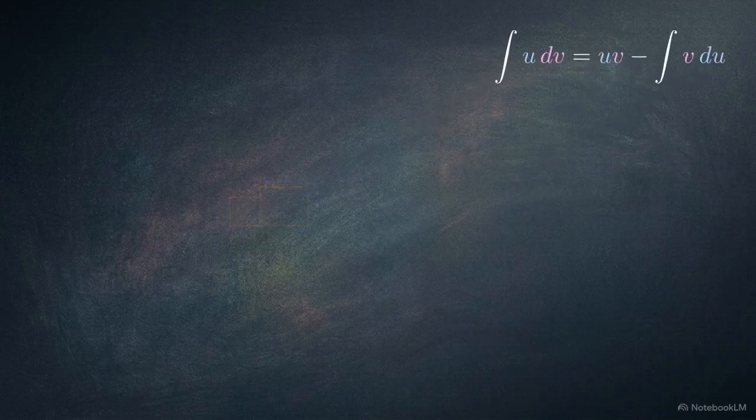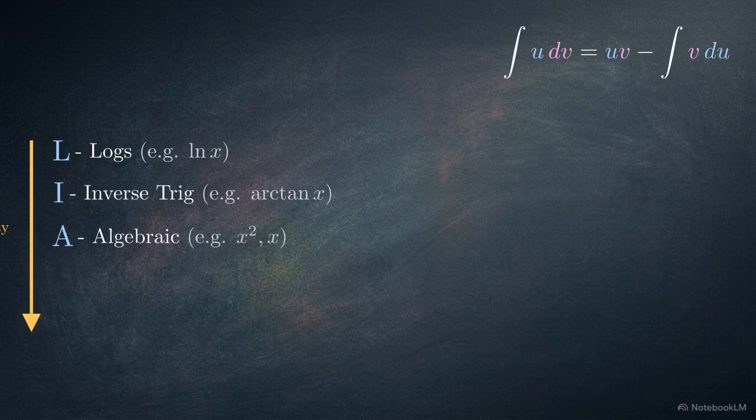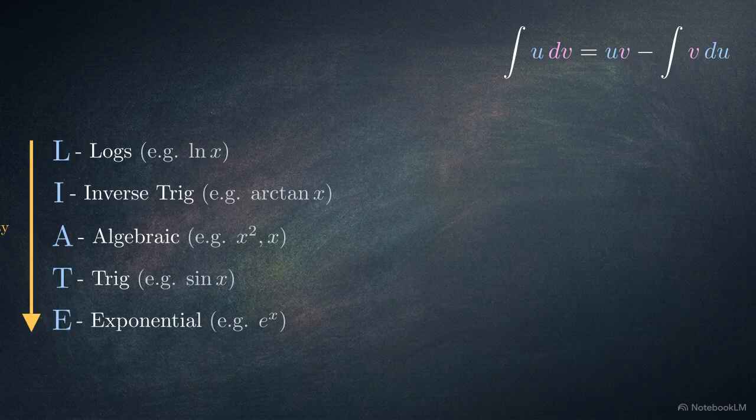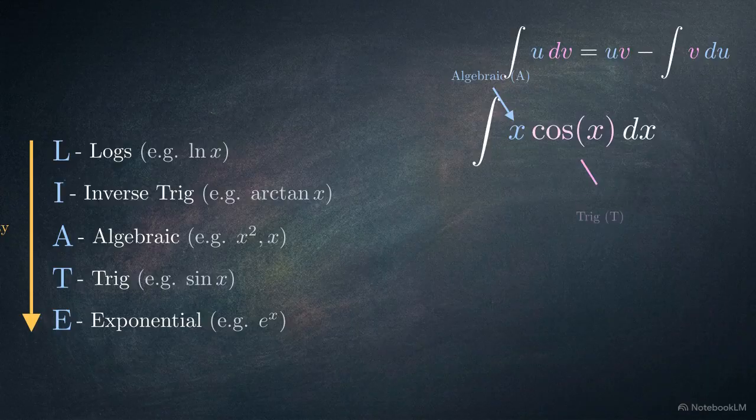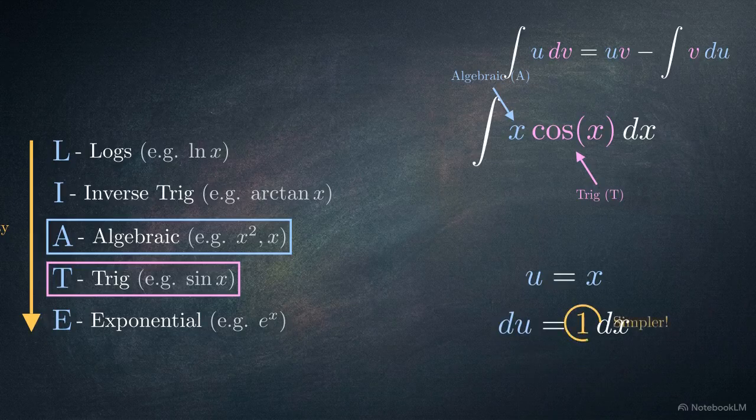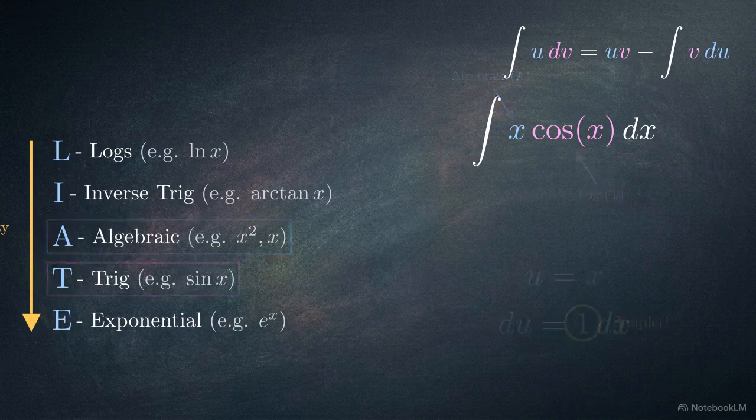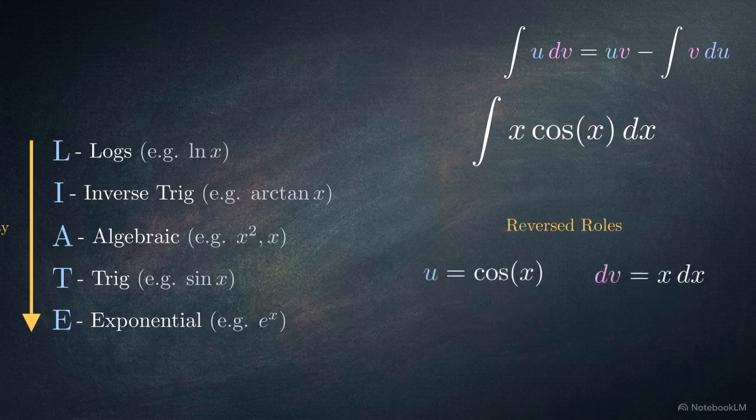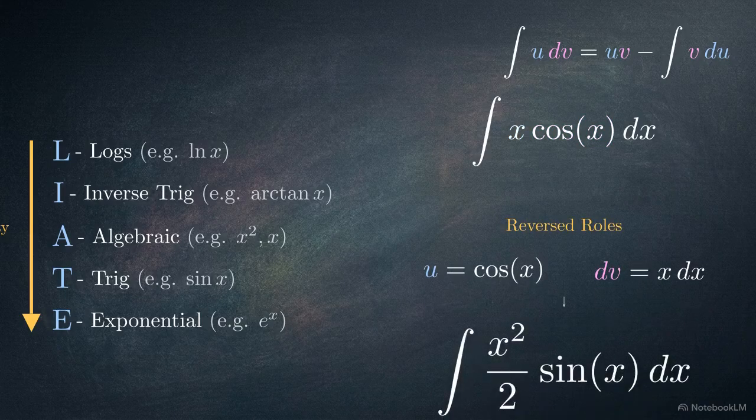The LIAT hierarchy, logs, inverse trig, algebraic, trig, exponential, acts as a priority list for u. In a problem like x cosine x, x is algebraic and sits higher on the list than the trigonometric cosine x, so x becomes u. Choosing u based on its position in this hierarchy ensures that the derivative du is simpler than the original term. If these roles were reversed, the resulting integral would become more complex than the one we started with, stalling the